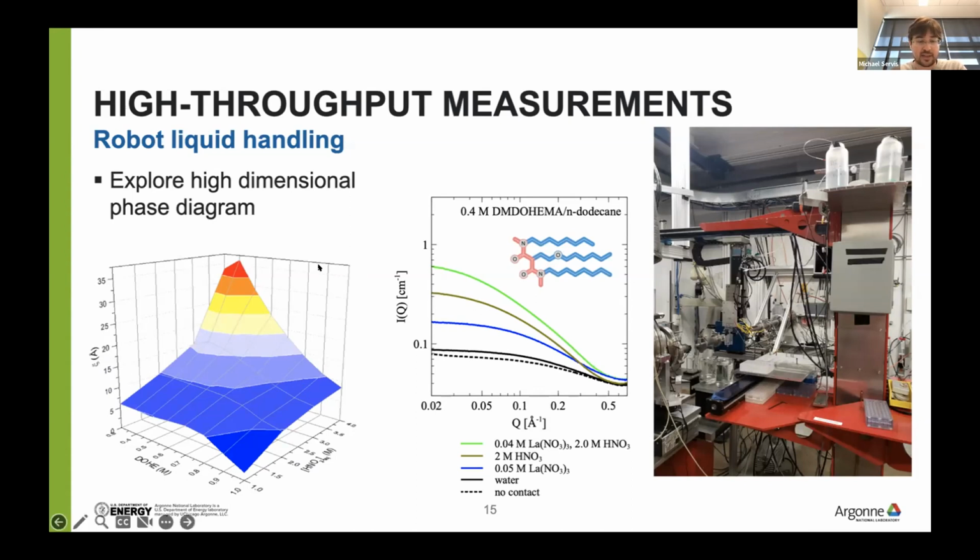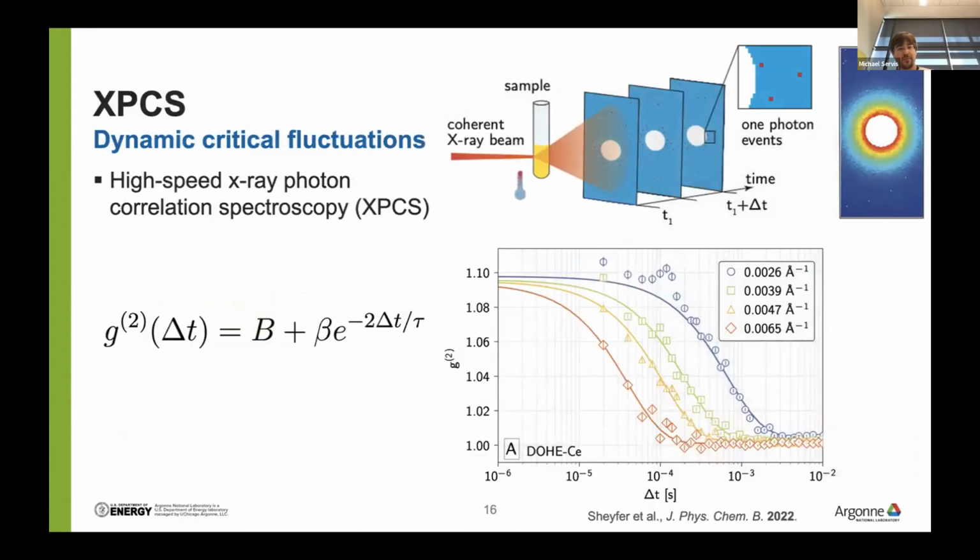And so we can, as I'm showing here, just map out phase diagrams more completely. Okay, so now I'll talk a bit about the dynamic measurements that we're taking with XPCS. XPCS has been talked about quite a lot today, so I don't think I need to explain too much, but we essentially take